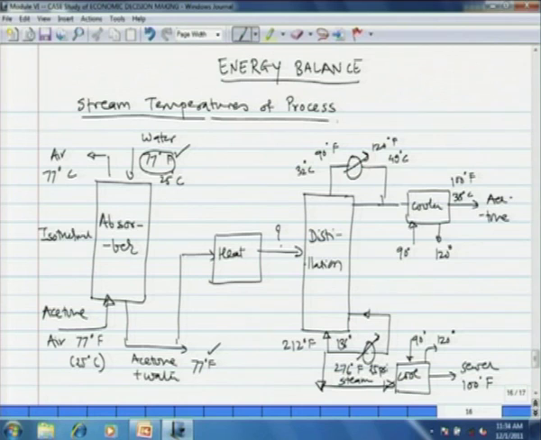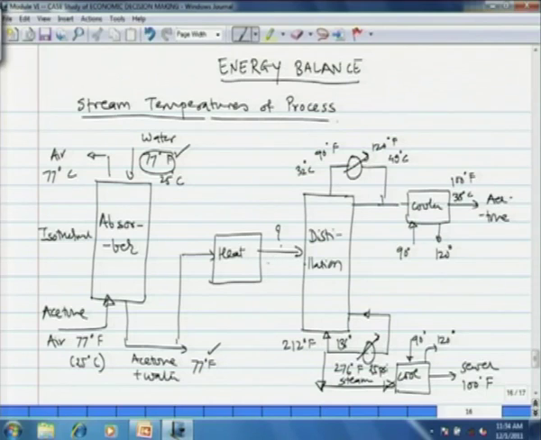Now, we have a mixture of 1943 moles of water with only, let us say, 10.2 moles of acetone. So, the bubble point of this particular mixture is going to be very close to the boiling point of water. So, we essentially assume the exit temperature of the stream from the heater to be 212 degrees Fahrenheit or 100